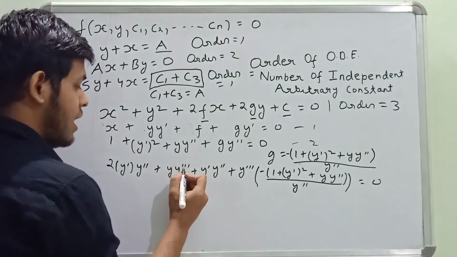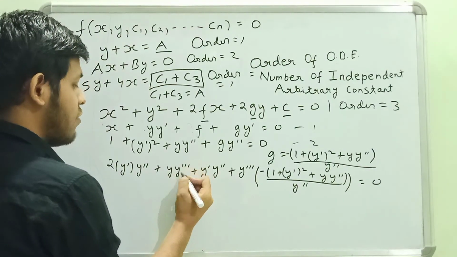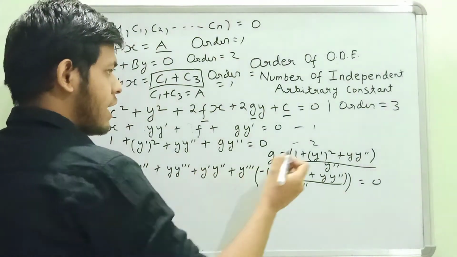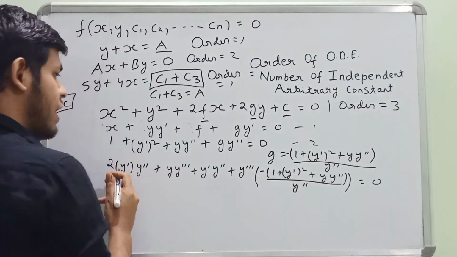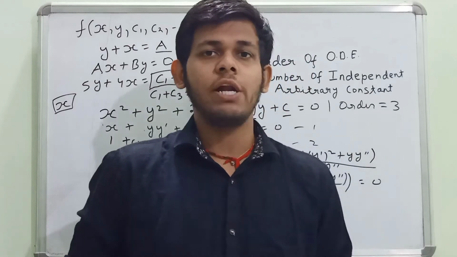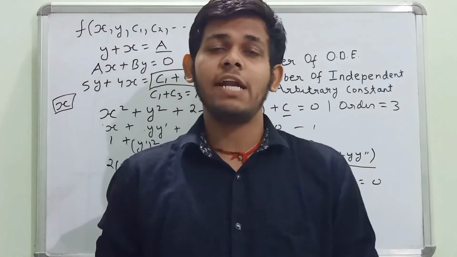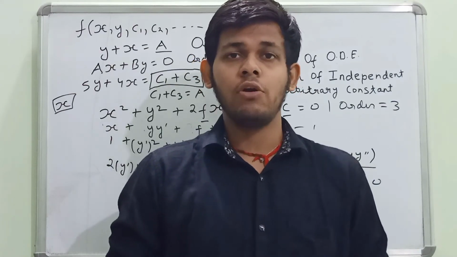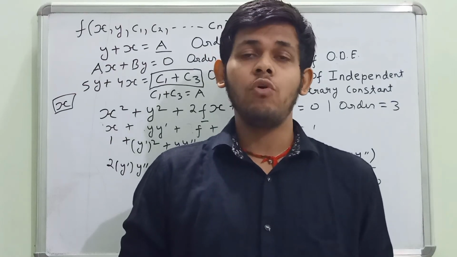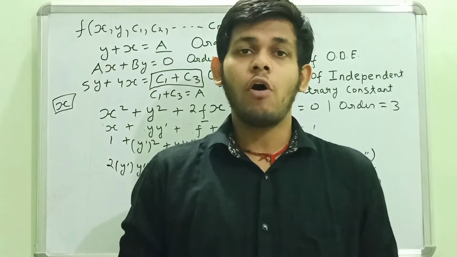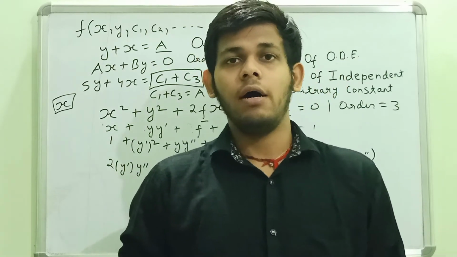And you can see, friends, that the highest order derivative present here is 3, and we have already said that the order of the ordinary differential equation will be 3. So in this way we can form any ordinary differential equation from any sort of relation. What we have to do is first identify the order, and after knowing the order of that differential equation, we have to eliminate all the arbitrary constants from the given equation just by differentiating the equation appropriately.